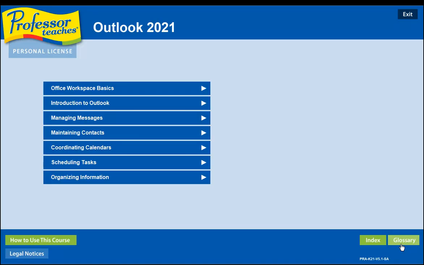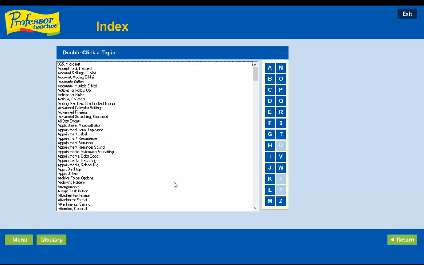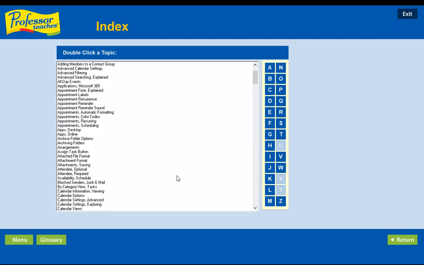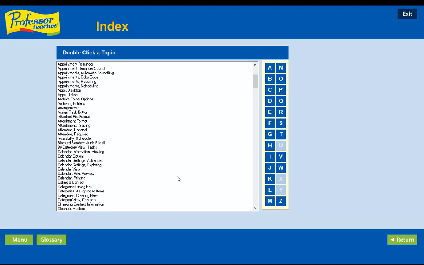So in our case, because we want to start from one to one, so that by the end of it we understand, let me take you to the index, so that you see when we talk of the index, what it means is that you can decide to choose which topic you want to learn more